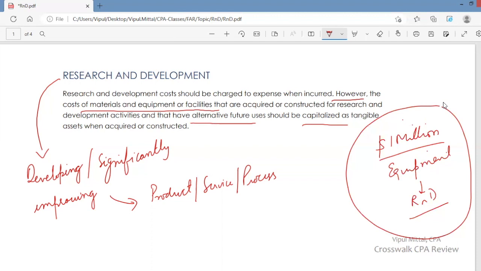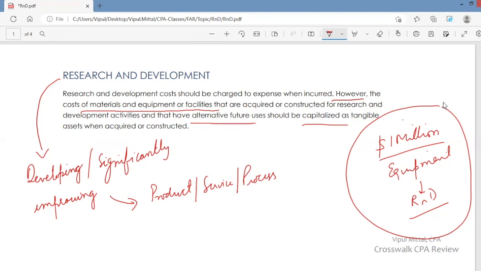If this equipment can only be used for research and development, then it has no alternative use, then we have to expense this. But if this equipment has an alternative use, then we should capitalize it. So, for example, if you acquire a research equipment that can only be used for research purposes, then expense it because it has no alternative use. But if you acquire an equipment that has an alternative use, that can be used in the manufacturing process also,